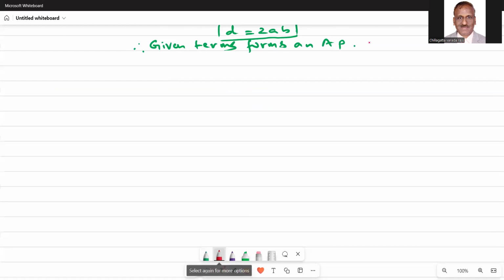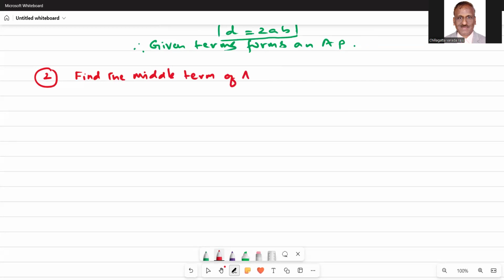Let me take a second question based on again arithmetic progression. Find the middle term of the AP: 213, 205, 197, and the terms continue, and the last term is